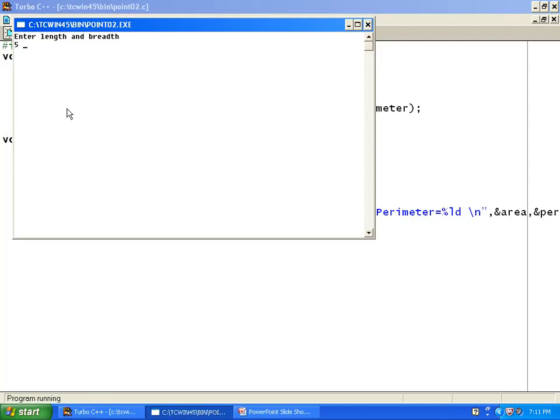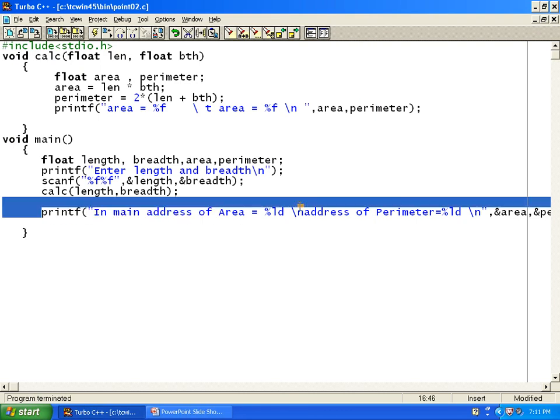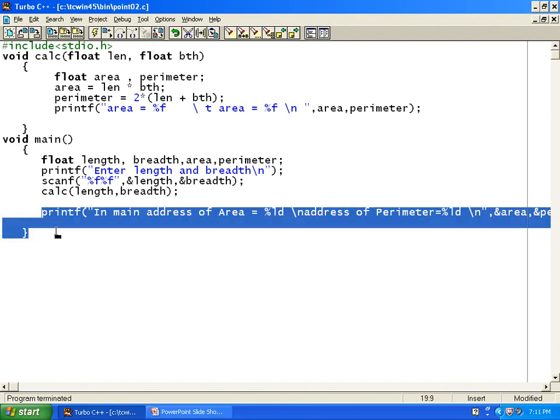I'll say length is equal to 5, breadth is equal to 8. You can see the area is printed. Okay, we'll not print the address right now. This is not required.